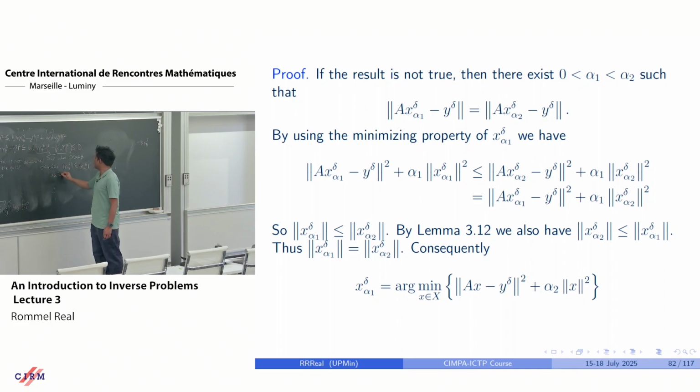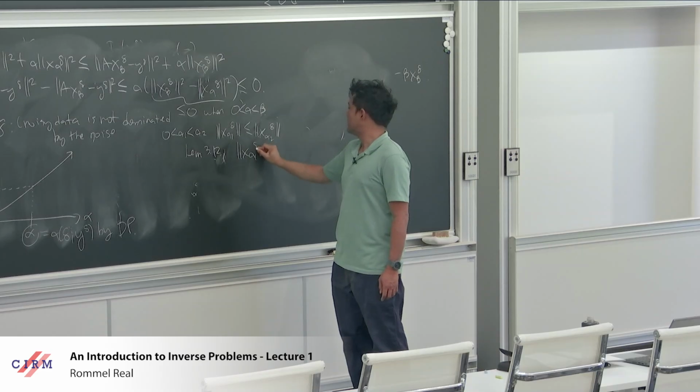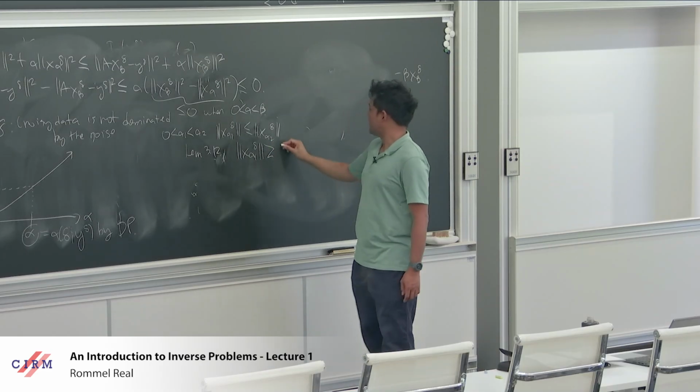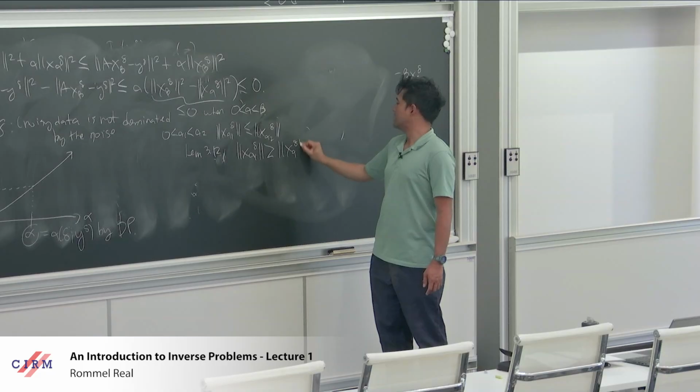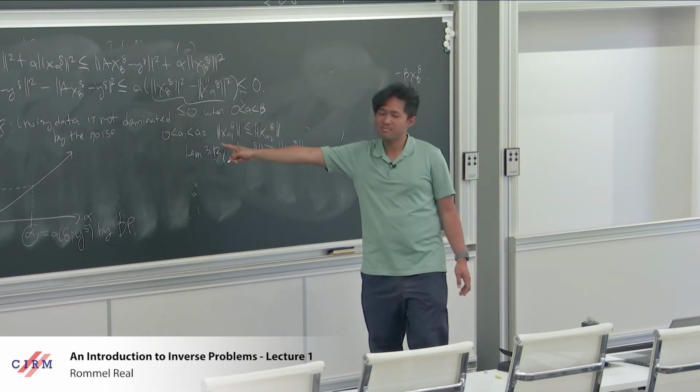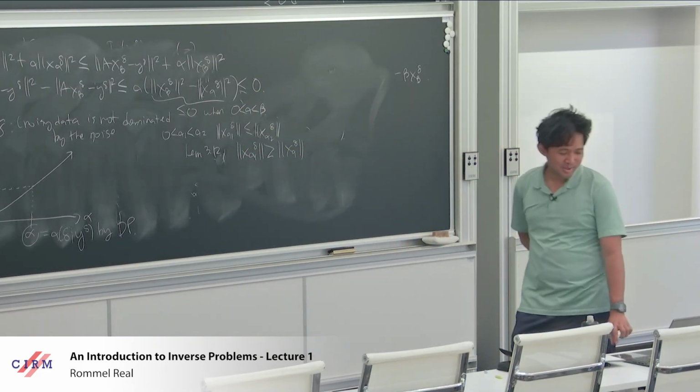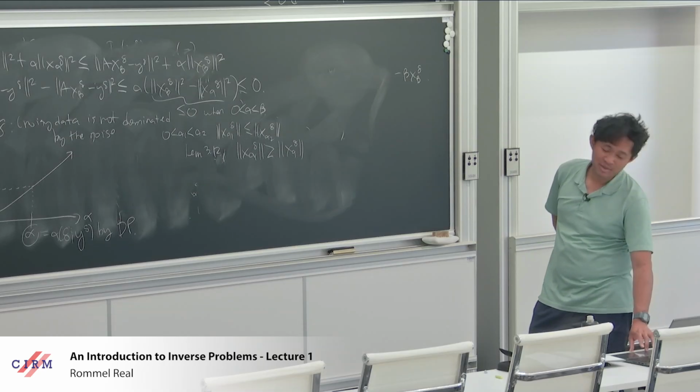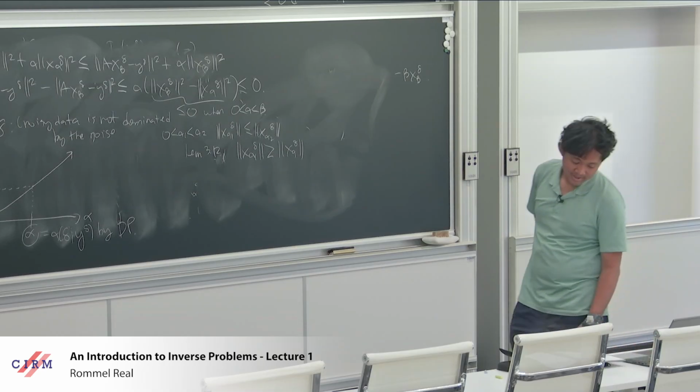From lemma 3.12, x sub alpha 1 delta must be greater than or equal to x sub alpha delta. Okay, that's by lemma 3.12. Therefore, combining these two results, their norms must be equal, and that's